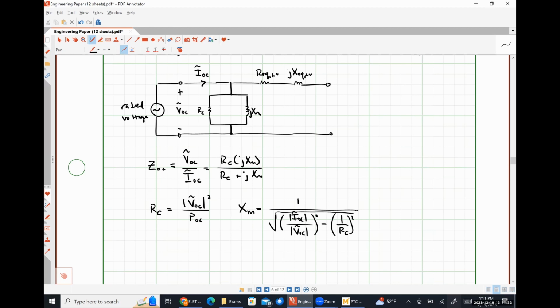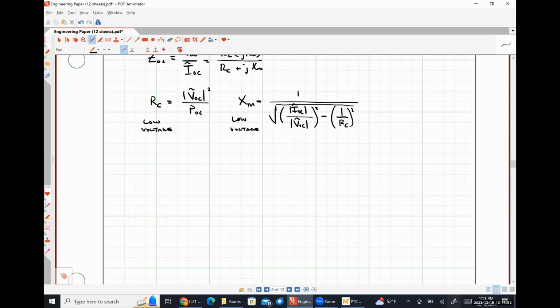Where these are specifically the values referred to the low voltage side of the transformer. For our short circuit current test,